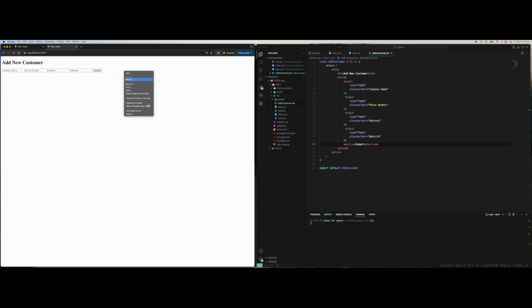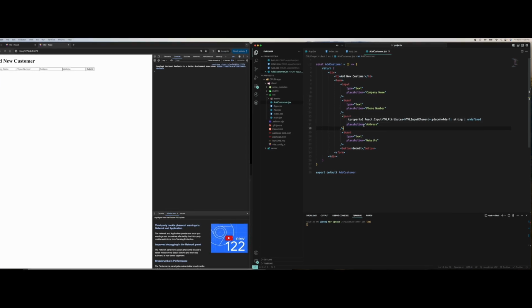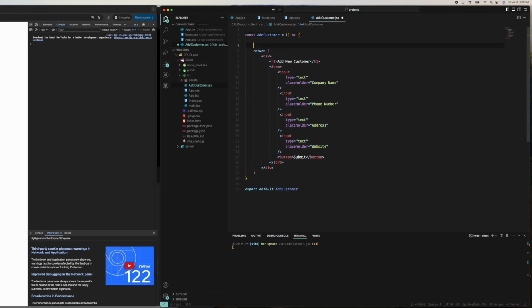Okay, and I'm going to open up our developer tools. So we go right click, inspect, and then go to console here. Okay, so now we're going to be creating a useState variable, and we're going to name it